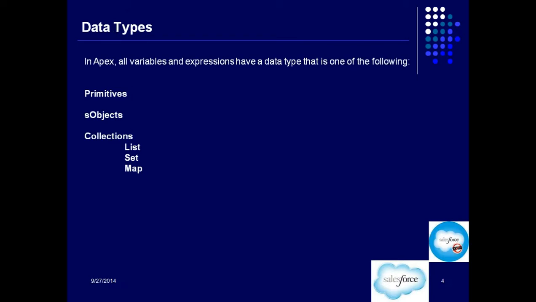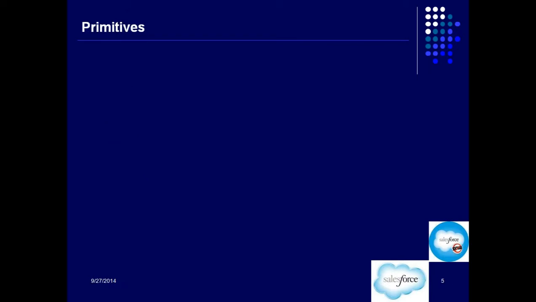So now let us understand each one of them. Primitives. Apex primitive data types include primitives, which are the general data types used in other programming languages as well. Your Apex primitive data types include Boolean, which can store only a true or false,